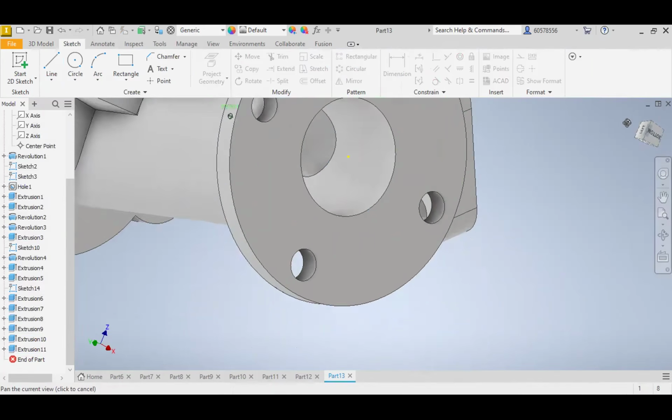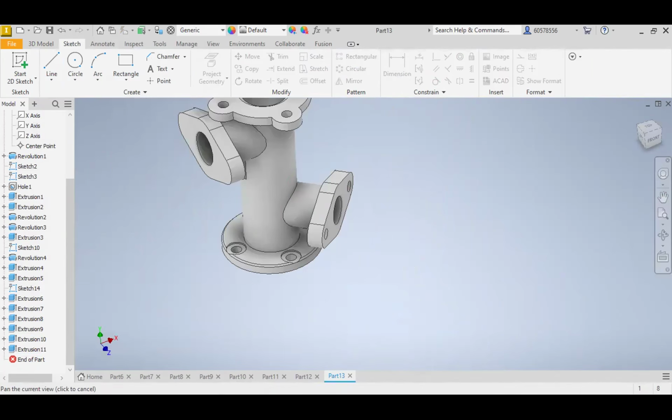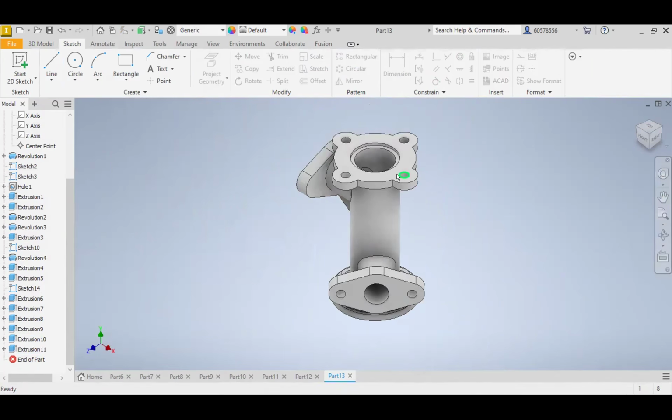And here it is. Just like this. And the last part, the last part of this drawing,